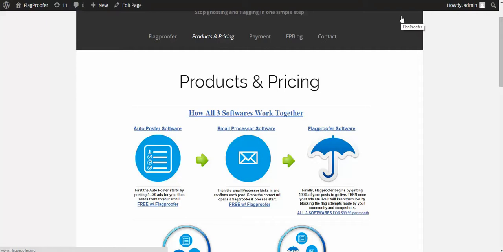I'll show you how it gets 100% of your posts to go live on the site past the ghosting and automated flagging system that the CL site has in place to keep you from getting your ads live. Then, once your ads are live, I'll show you how the Flagproofer protects those ads from flag attempts made by your community and competitors. So remember, it does two things. One, it gets your ads live past the site's ghosting functions, and two, it protects your posts from flaggers once